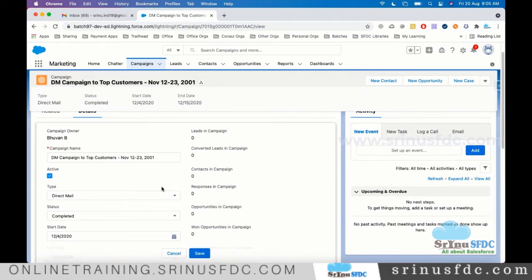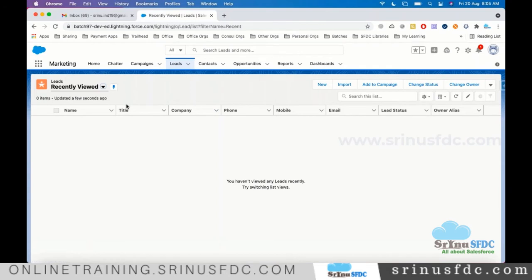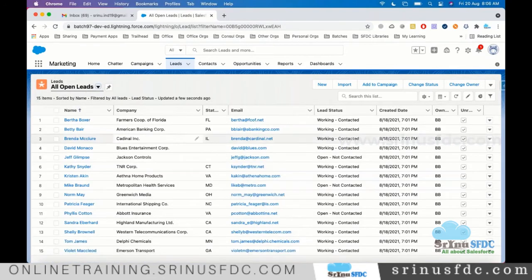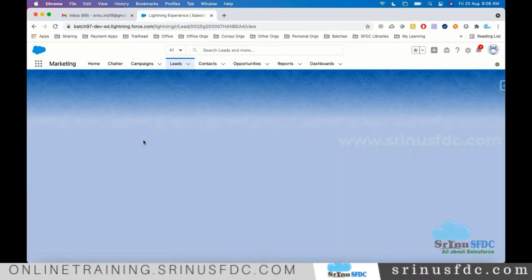All those details will be captured in the campaign. The campaign is nothing but advertisement, and leads will be generated. In the lead, company plus personal information both will be there. Let's see how a lead looks. Click on Leads. All the leads that are generated, you can see under this Leads tab. We did not see any lead recently, that's why we are not seeing anything. If you choose this list view to see all the leads, this is also test data provided by Salesforce. These are leads for sample purposes, to understand how a lead can be maintained.